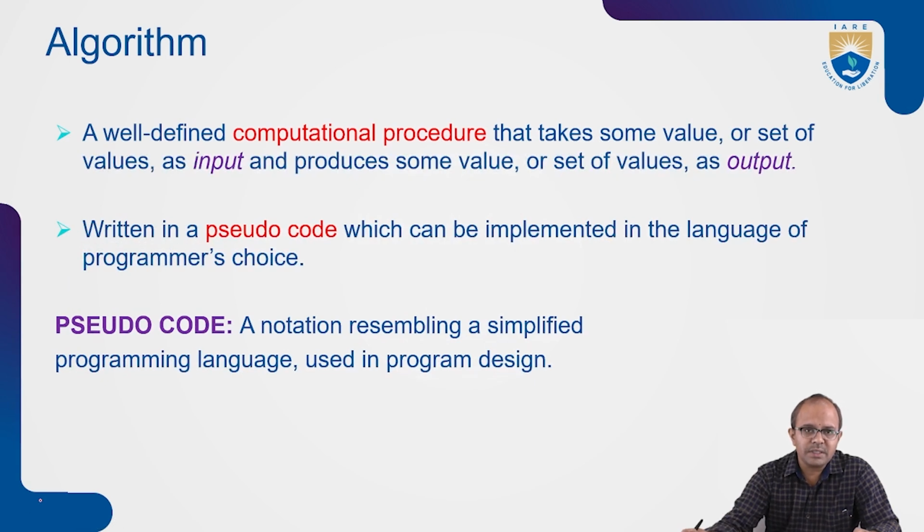Now we continue with the topic called algorithm. So we just revisit the definitions from the authors. We can summarize it as a well-defined computational procedure. An algorithm is a well-defined computational procedure that takes some value or a set of values as input and produces a single output or set of outputs.